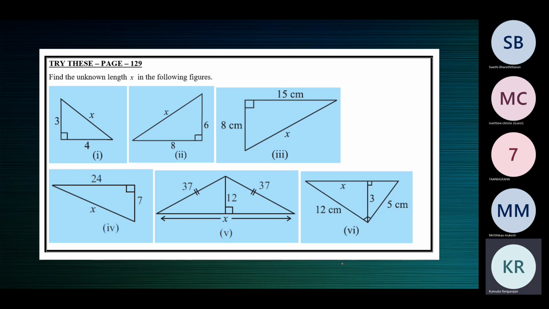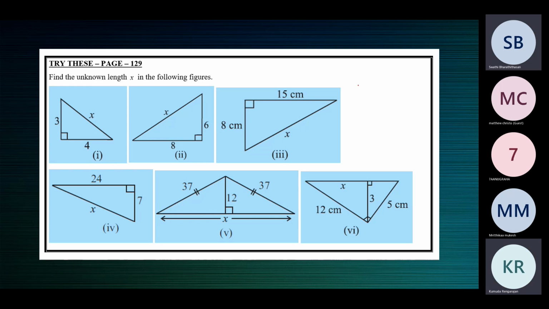No, not 25 square. 9 plus 16 is 25. Yes, ma'am, sorry. 9 plus 16 is 25, ma'am. We have to find the value of 25 by using the prime factorization method, ma'am. If we find that, we get 5 into 5 is 25. So 5 centimeter will be the measure of the hypotenuse in figure 1, ma'am. Correct.